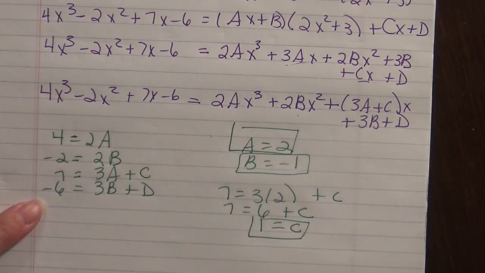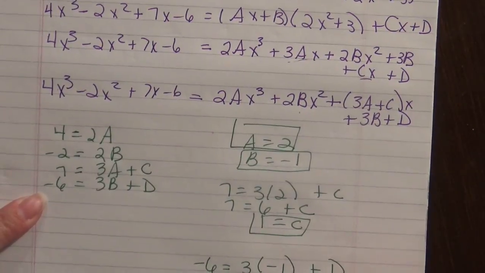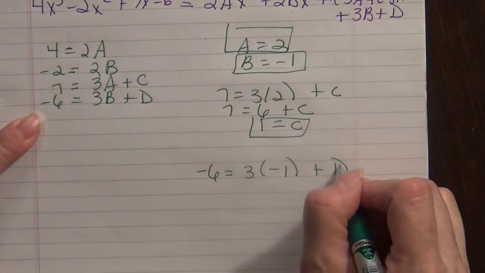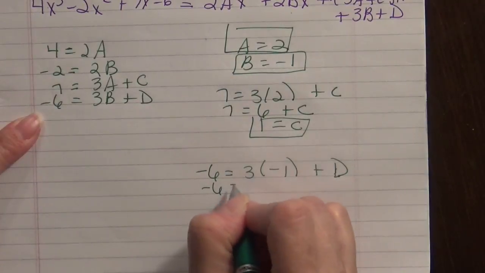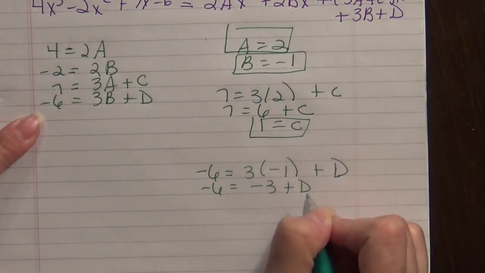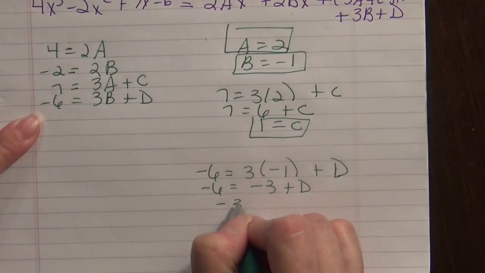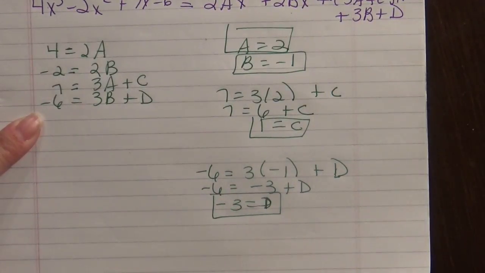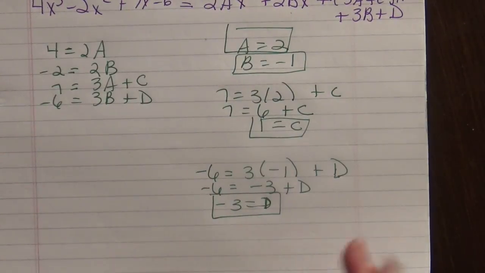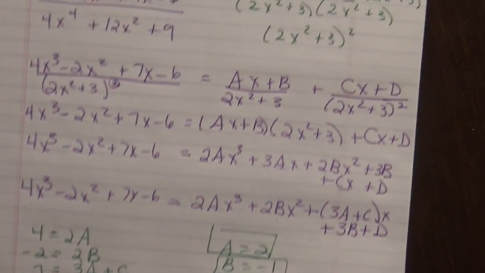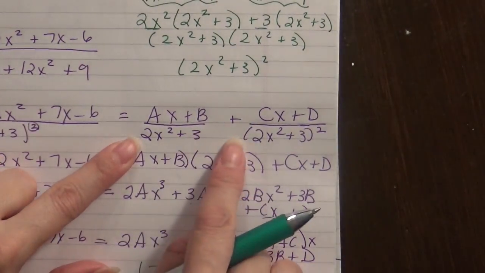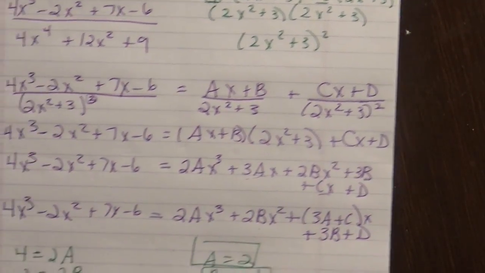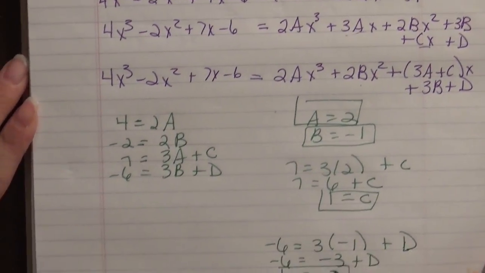And for my last equation, I have negative 6 equals 3 times negative 1 plus d. So negative 6 equals negative 3 plus d. Add 3 to both sides, and I get negative 3 equals d here. So for my final answer, I just need to put all these numbers back into the decomposition that we came up with at the very beginning. So my final answer will be